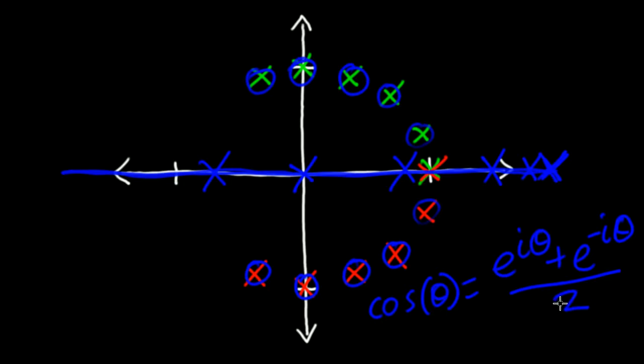So all what we see here is that, mathematically speaking, a cosine wave is a sum of two complex exponentials. We can derive that from Euler's formula algebraically, or we can see